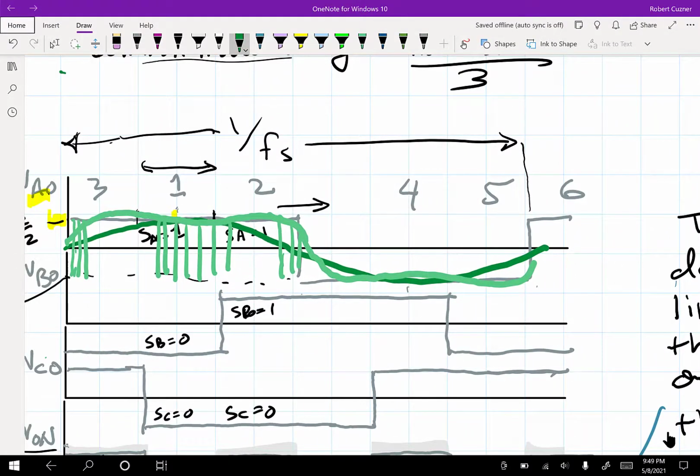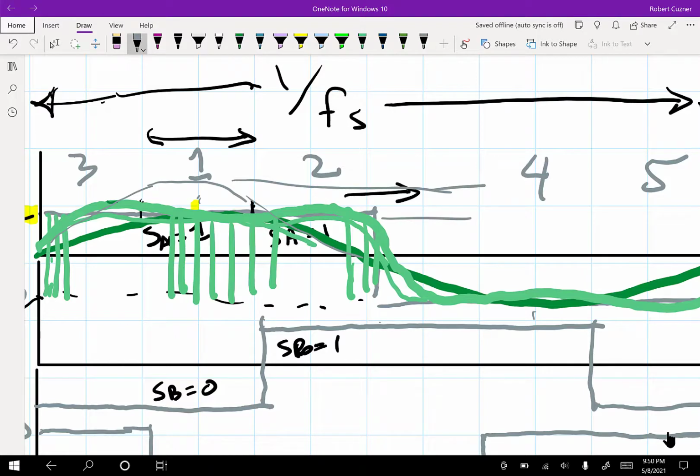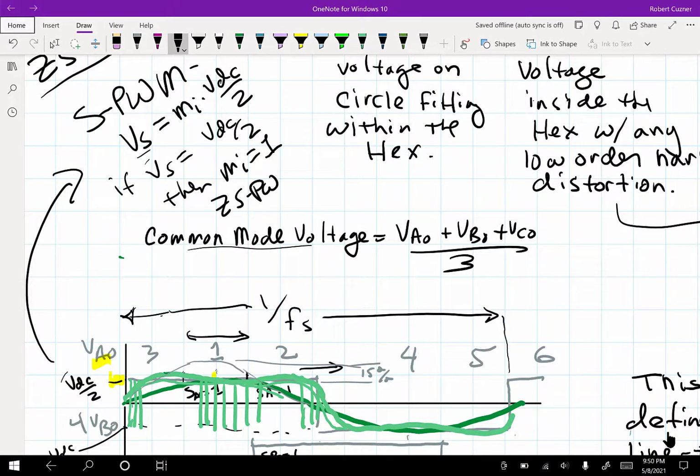If I went up you can see here that I'm starting to skip pulses because this little line is going above. But if I were to come just below, or I was operating like that, what that's doing is it's giving me more voltage than I could get out without the ZS PWM, because the fundamental component of that voltage that I would be producing would actually be higher. So the additional voltage I can get above this level is 15% higher. So what that means is that if I'm applying ZS PWM,